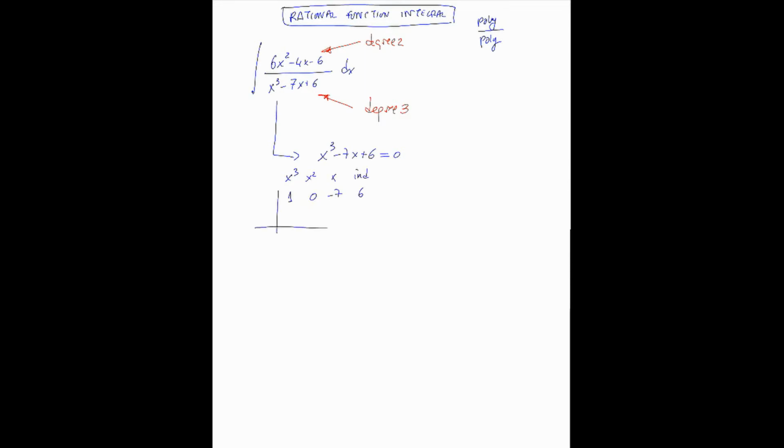And by Ruffini, it's easy to check that 1 is a root of this, because 1 minus 7 plus 6 is 0. So for x equals 1, put a 1 here, 1 times 1 is 1, and then 1 plus 0 is 1, 1 times 1 is 1, minus 7 plus 1 is minus 6, 1 times minus 6 is minus 6,